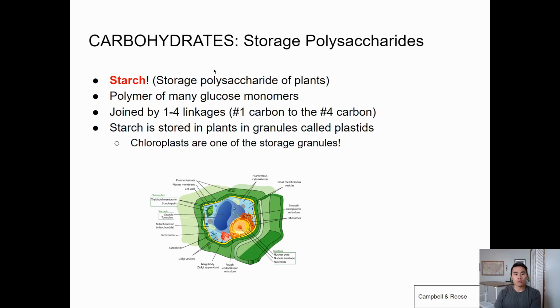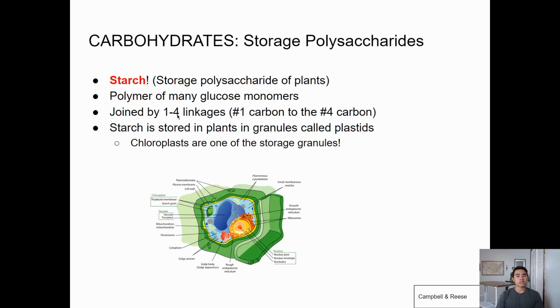Okay, so one carbohydrate that's super important is starch. And you may have heard of starch before, but have not known what starch is. It's a storage polysaccharide of plants, and it's made up of a bunch of glucose monomers. So if you see a bunch of glucose monomers together, it's a storage polysaccharide or a storage carb, and it's